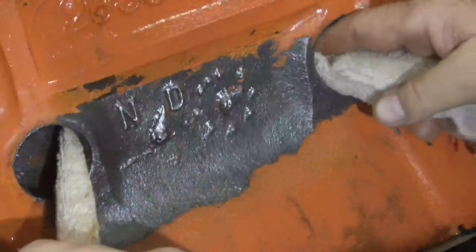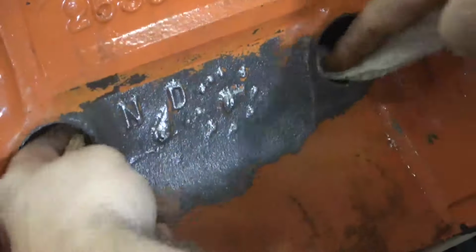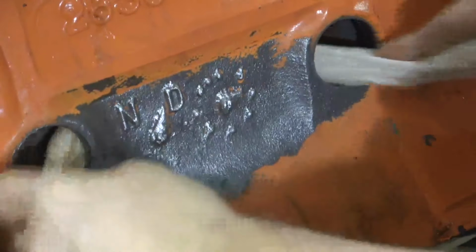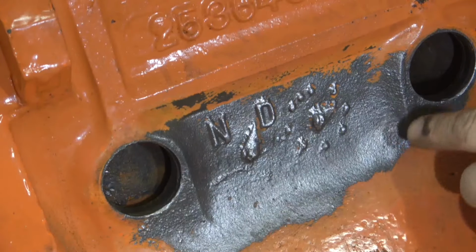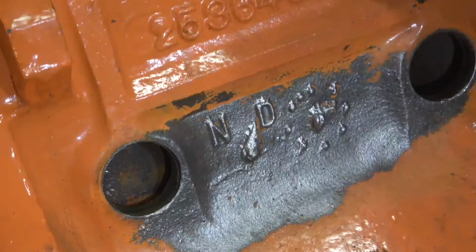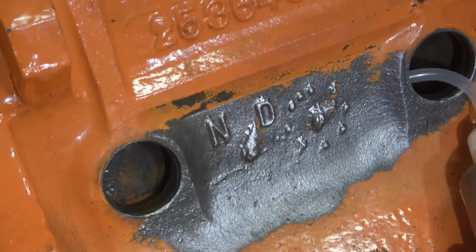I just have a towel in here, and I want to try and clean out as much as I can. Get it as low as I can inside the block, just to clean it out to make sure there's nothing left over. Now the next step is to find out really where the crack is. Is there a starting point? Can we see how big the crack is? It's really difficult. And I have some dye in the squirt bottle that I'm going to be squirting inside